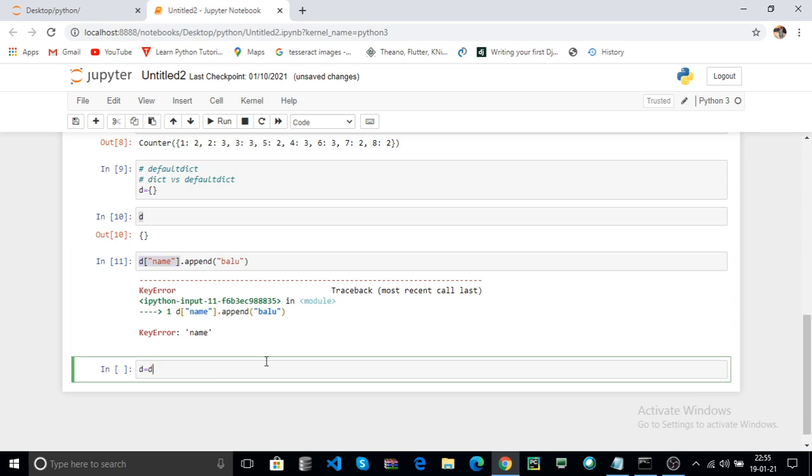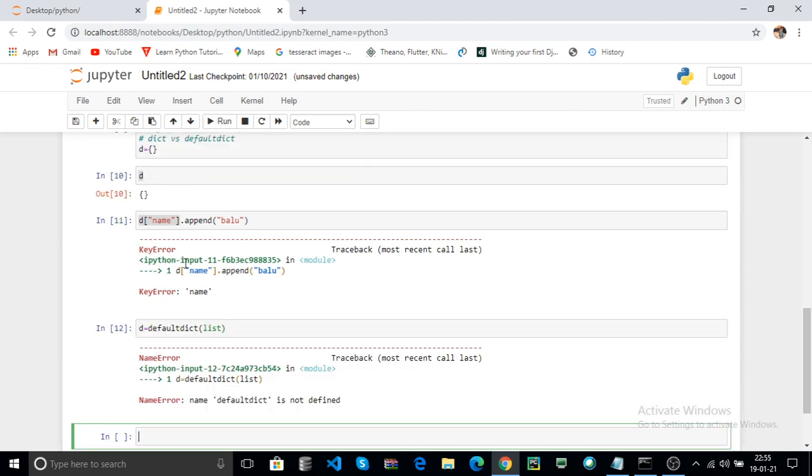Now create a defaultdict object. Now pass the iterable object, that is a list, dictionary, tuple, any iterable object. Click on run.